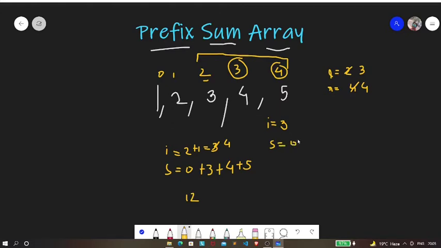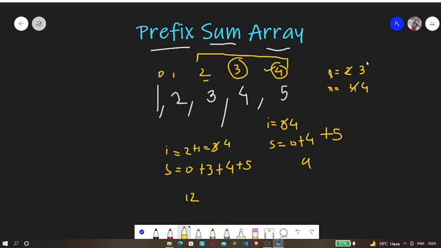Again we are going to add the element at index 3, which is 4, to it. And we're going to increment I by 1, and now it will be 4, that is this index. And we are going to add 5. So now we have got 9 as the answer.